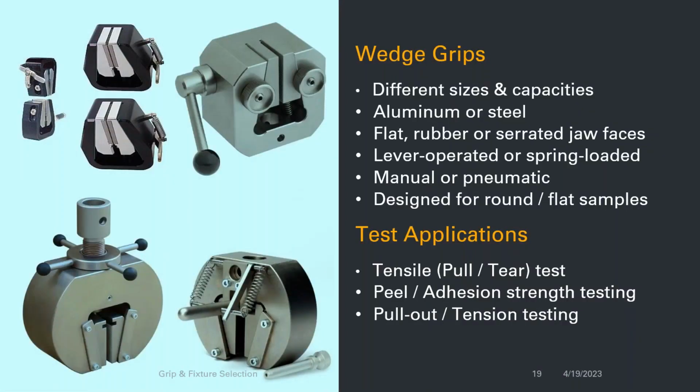Again, just as in compression testing, primarily compression plates are used. Wedge grips. Why wedge grips? Wedge grips, you'll find those in different sizes and capacities depending on the size of the sample. Again, sizes can be dictated by your own internal standard or by an ISO standard or ASTM standard